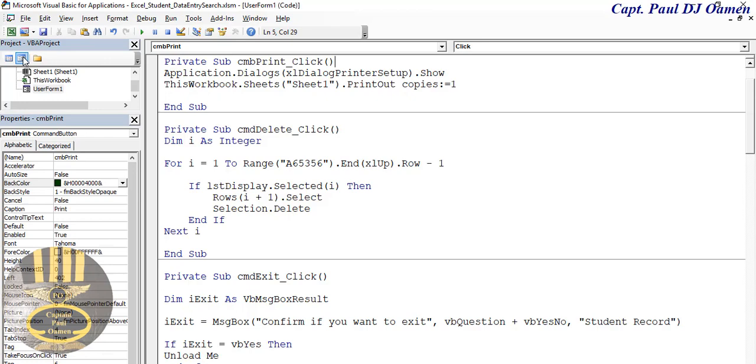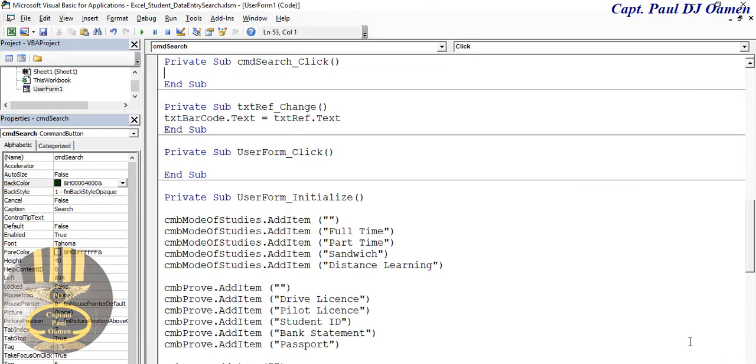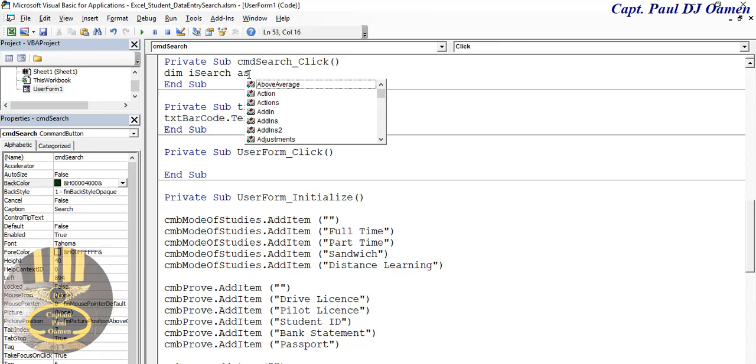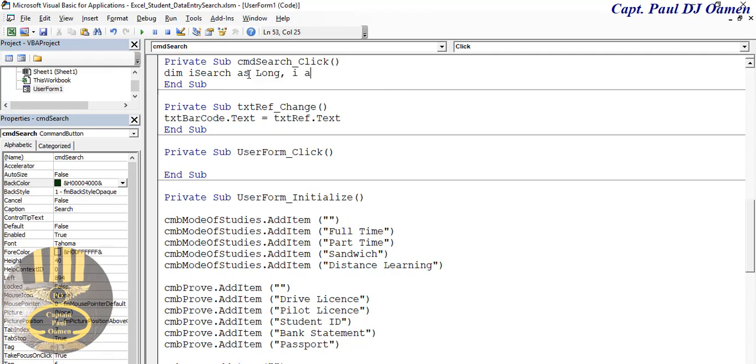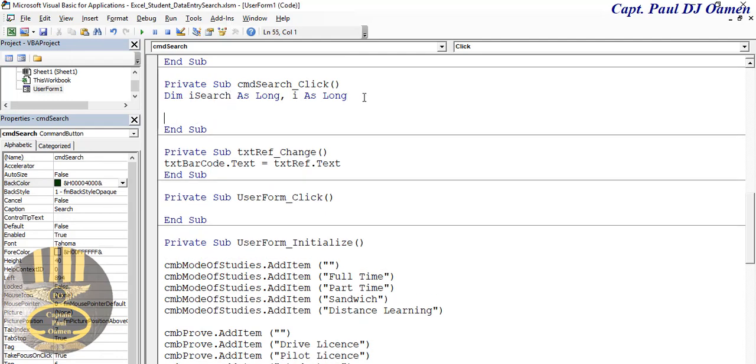Okay, now let's take care of this search. First of all, let me declare the following variable: Dim I search as long, and I as long as well. Let's initialize I search here. We're going to initialize that with the worksheet, so equals